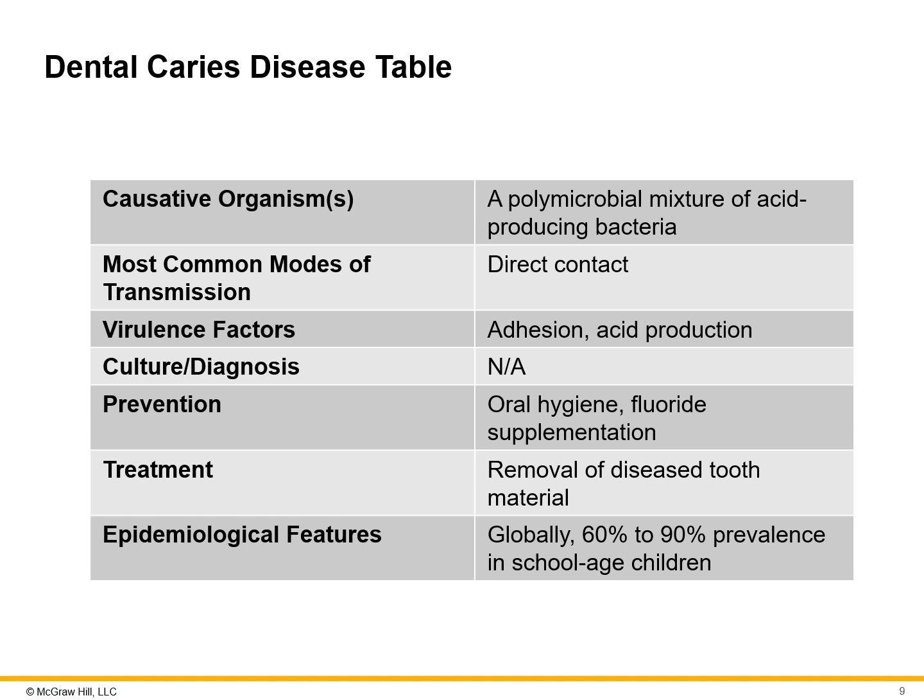So our summary table shows lots of different microbes here, especially those that produce acid as they go through respiration, but predominantly Streptococcus mutans, one of the most prevalent, but others as well. We need that direct contact. But adhesion is the virulence factor here, releasing those carbohydrates that allow it to attach and help form the biofilm, as well as producing acid that then breaks down the enamel to ultimately cause the cavity.